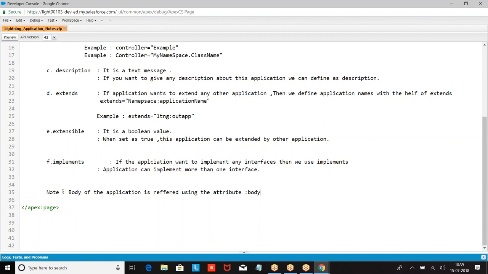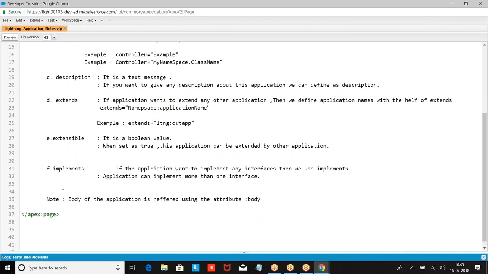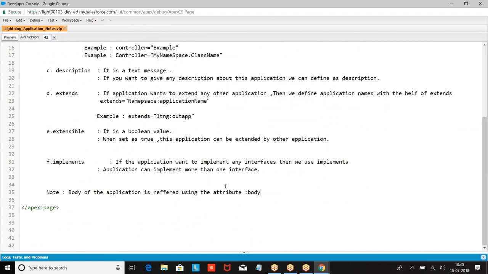This is the basic example. Then how do you create the application? Steps to create application.